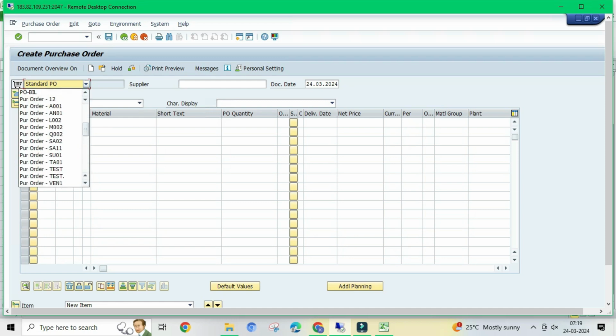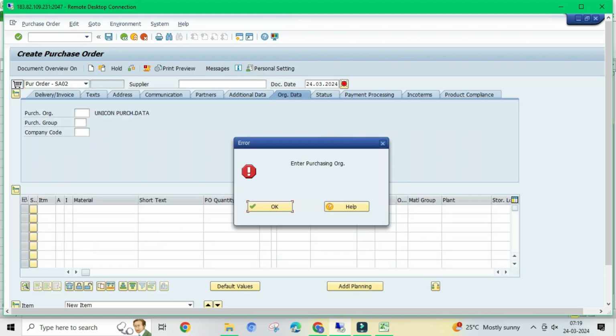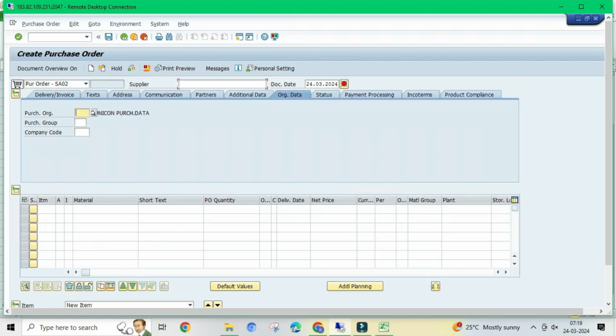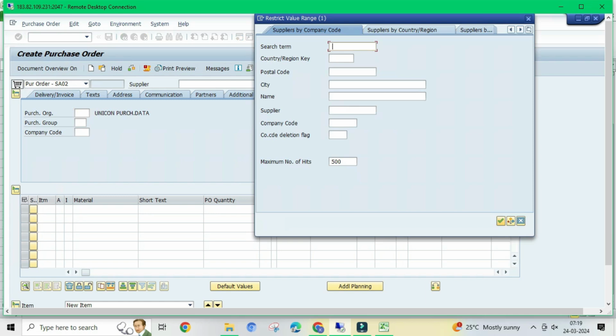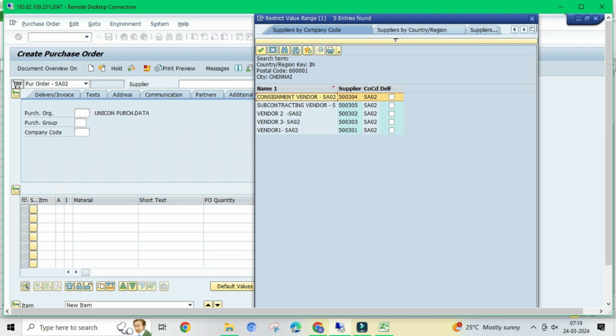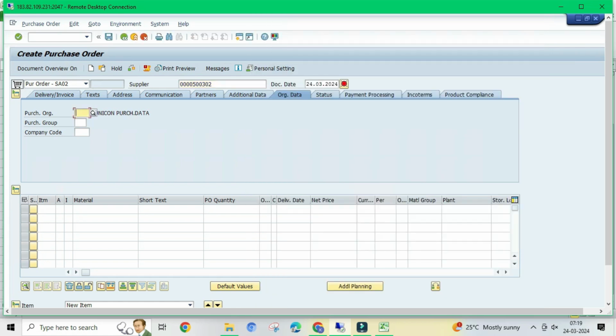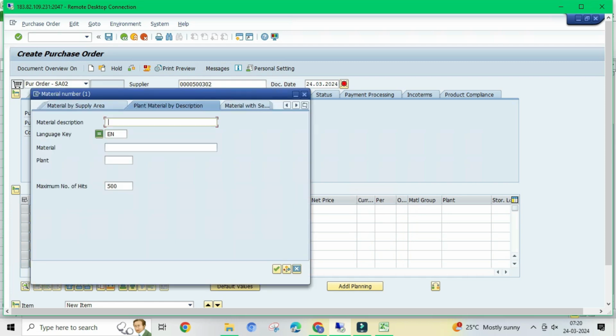Select document type, purchase order SA02. Then select our supplier, enter our company code SA02, select our supplier, then select our purchase organization SPPO, then select purchasing group, steering SR1, enter our company code SA02, then select material, enter our plant SP01,